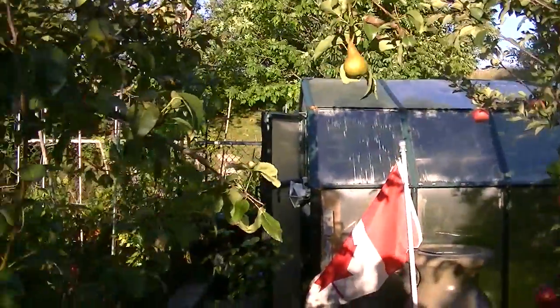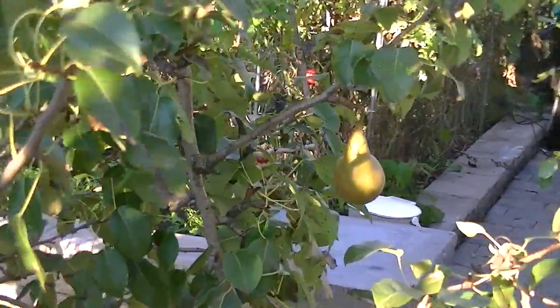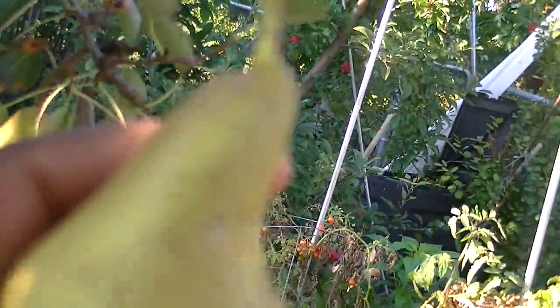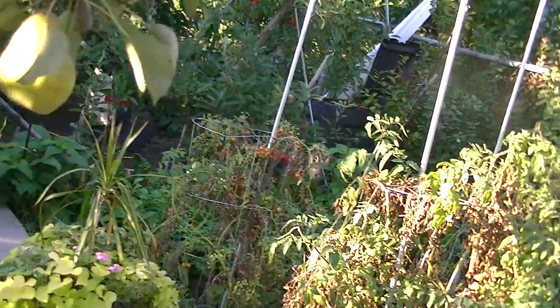Let's go over here. Then we have the actual pears. These are the Bosc pears, and you've got pears up here. All these guys are actually ready. I mean, I could pick this right now. Well, let's just do that. Why not? Oh, one fell. But that's what it looks like, right? As you can see,